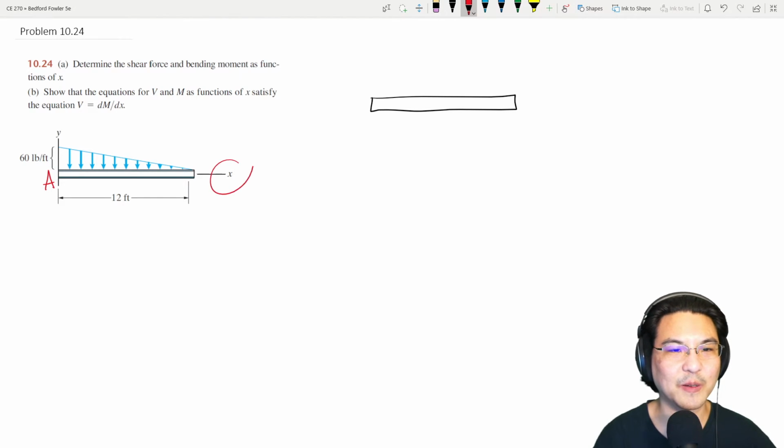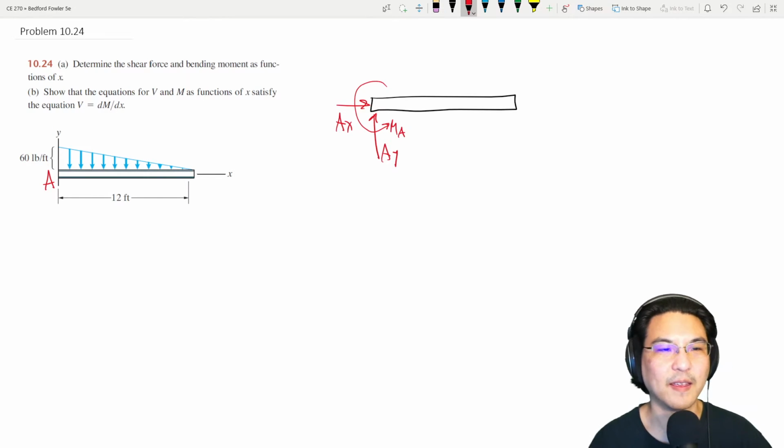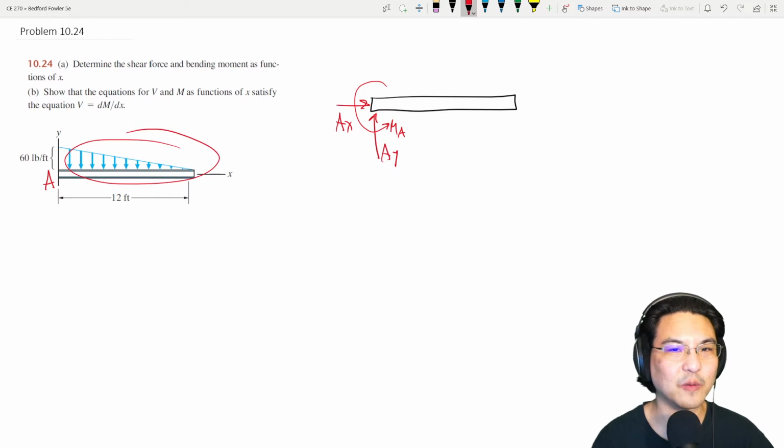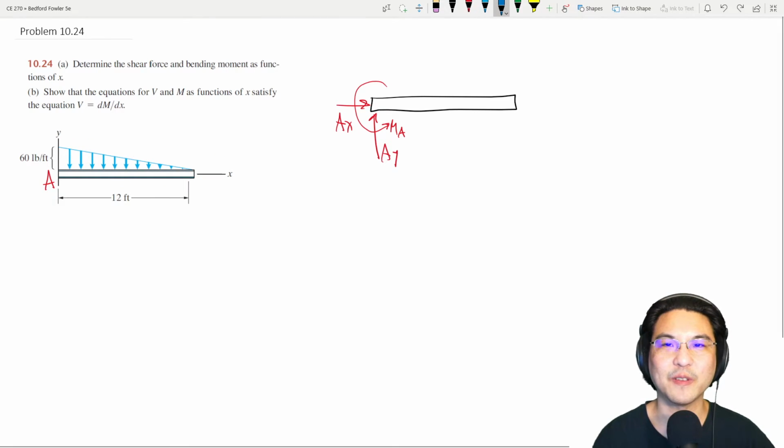Okay, so I'll decompose that into x and y components. Since it's a fixed support, it has force and a couple over here. And now there's this distributed load, which we can represent as a single discrete force,